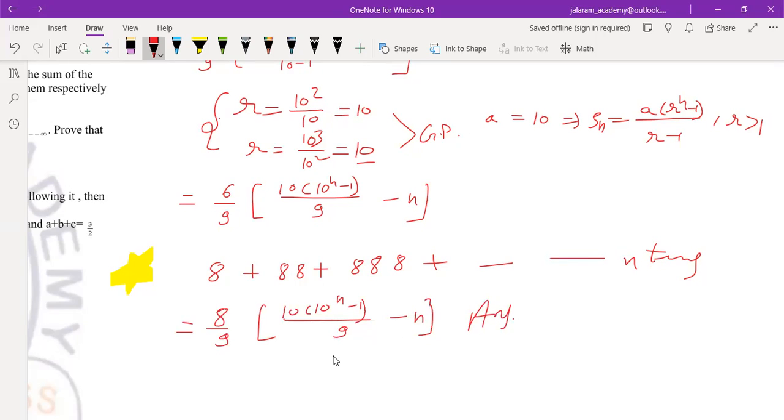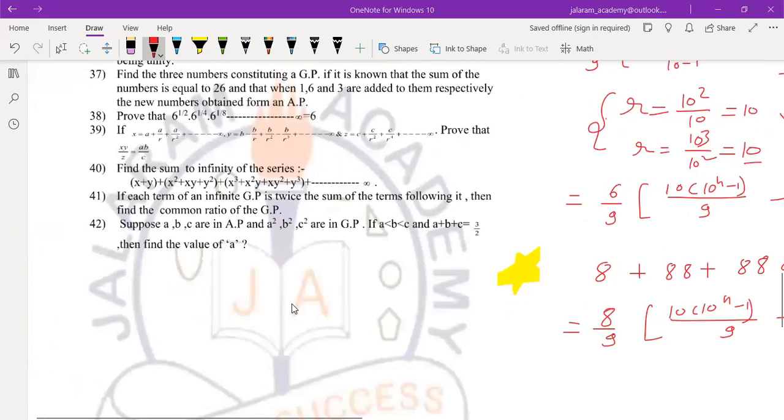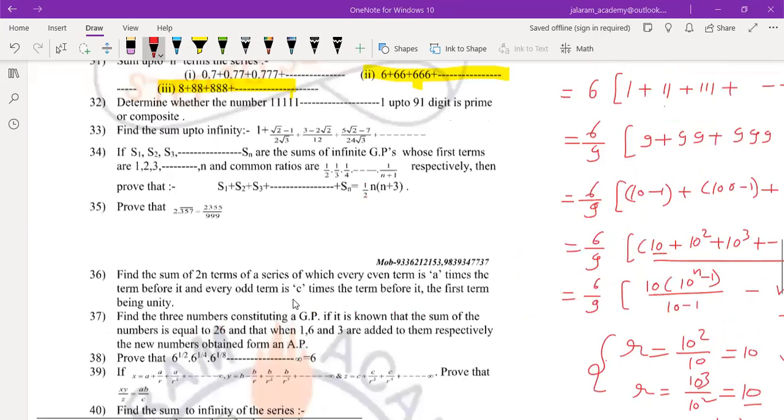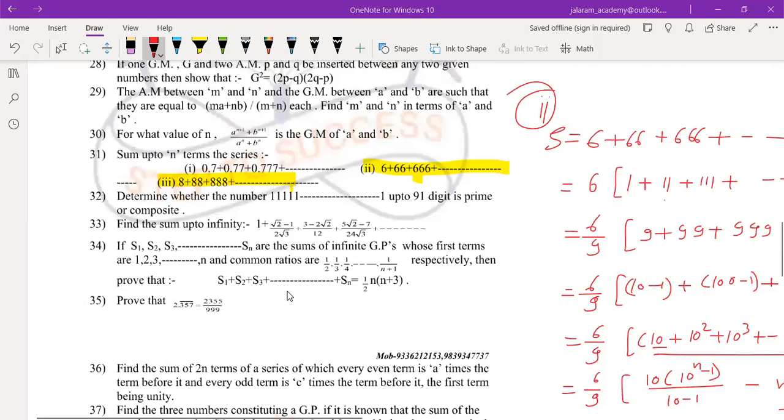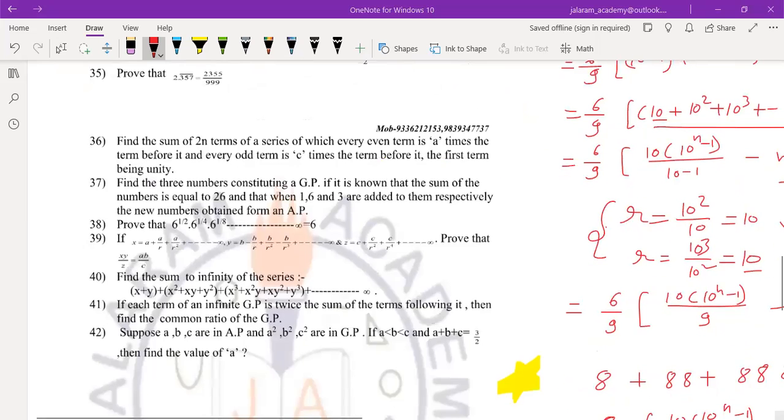That's it. Is that clear to everyone? So continue to solve these types of questions from your books and from any sheet, and continue to ask your doubts also. This question number 31 also we have discussed in this sheet. And you can solve the other questions and ask your doubts, or watch the videos in which all these are solved. If you watch all the videos of GP, you will get solutions of all these questions and will get the idea of solving the other questions from the other book also.